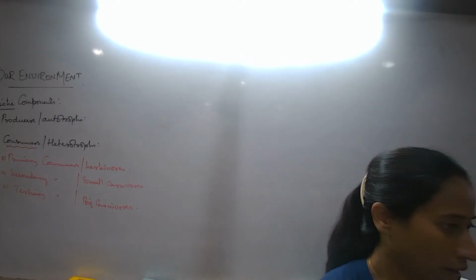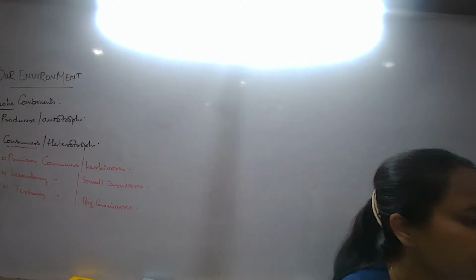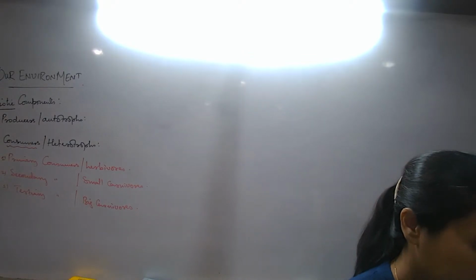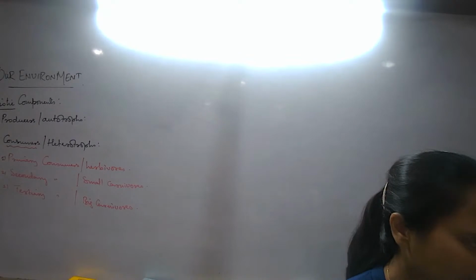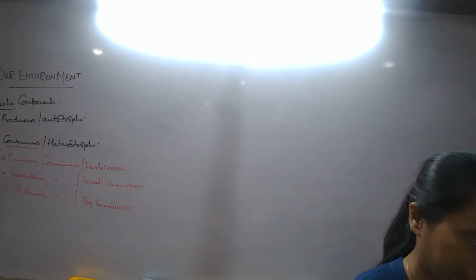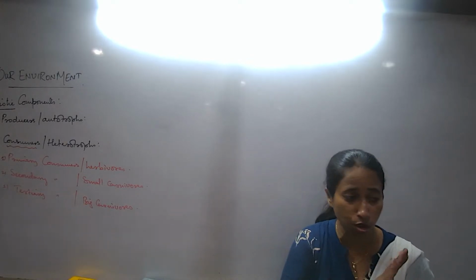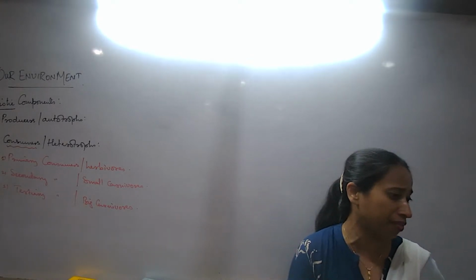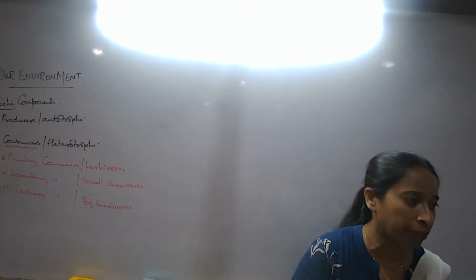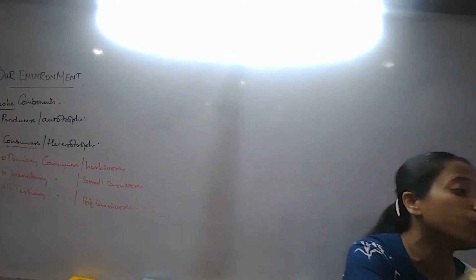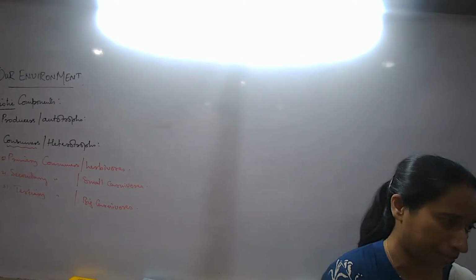Behavior also comes. Behavior meaning what type of food they feed on. Now we are talking primarily about food habits. Behavior, not exactly. We are not talking about how they hunt. Not at all. No, we are not talking about any type of behavioral feature of any animals right now. We are only trying to understand what type of animal will feed on what.